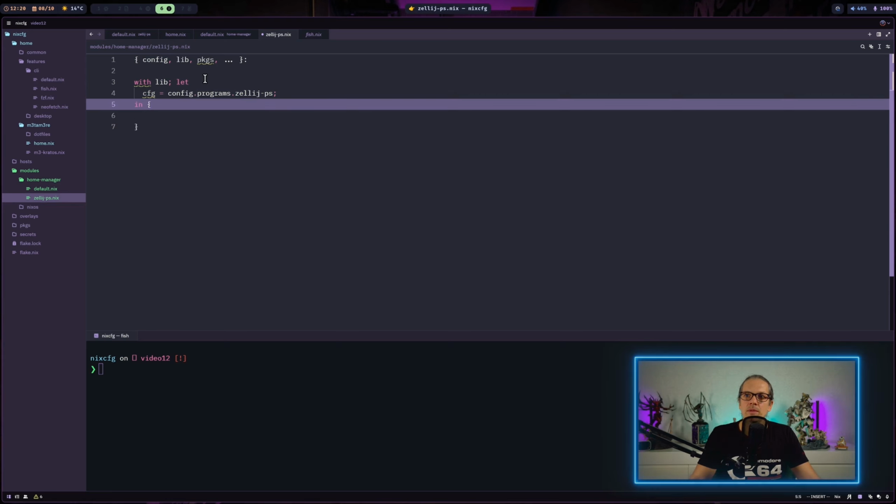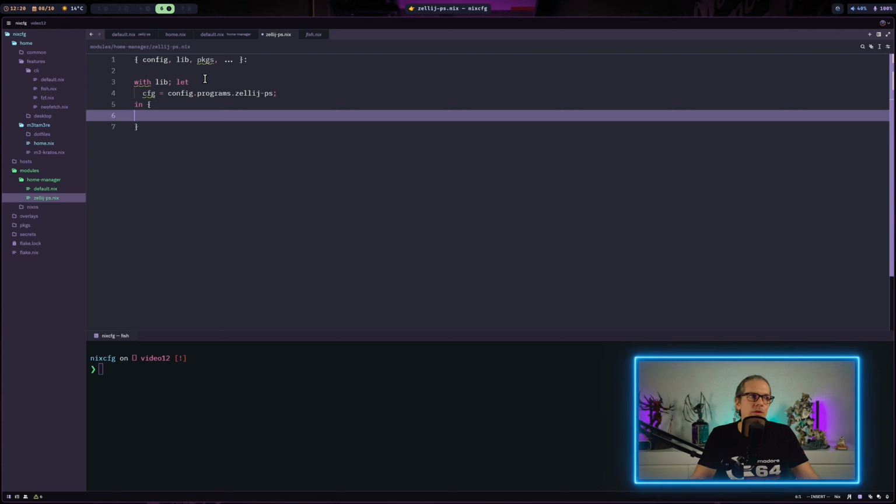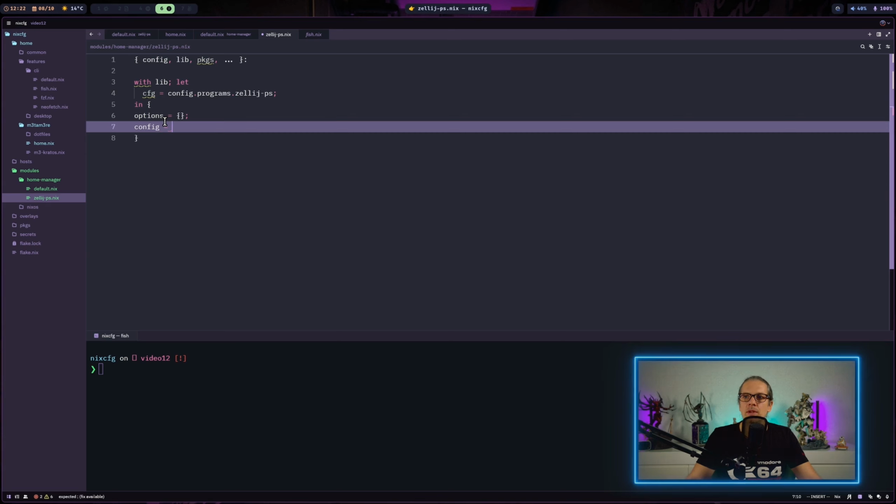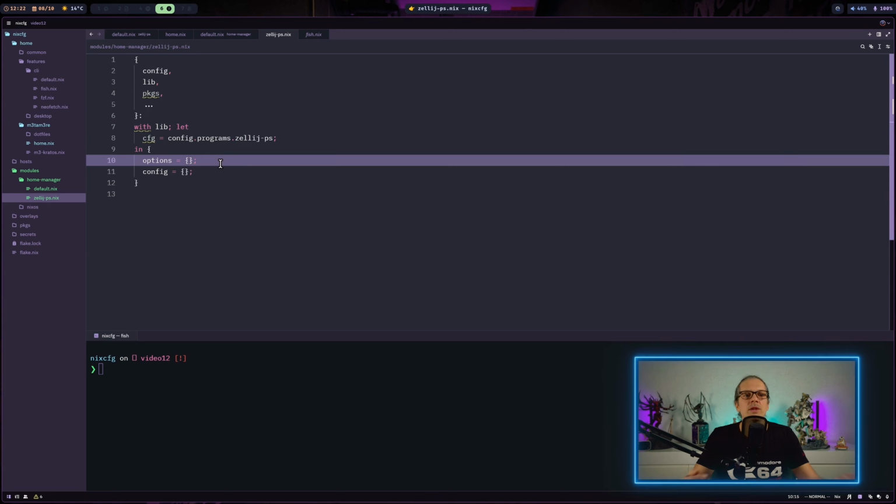And here we can start building out our module content. And within a home manager module, you have two required attributes. The first one is options, and the second one is config. And basically, you can think about the options as the schema for the configuration options. So here we just define which options are available in our home manager module. And on the config part, that's basically determining how the user environment will be configured. We will come to that in a moment.